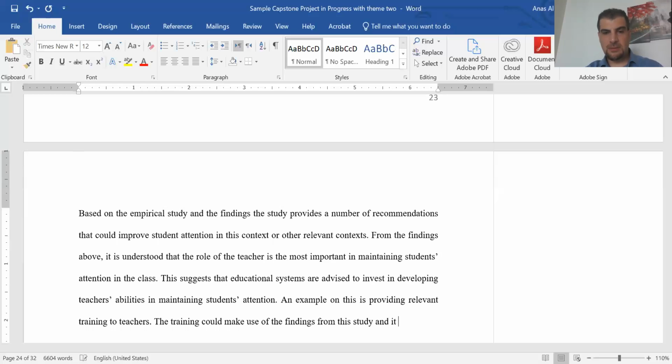And it should. You see now I can change the tone of writing. I can say "should," since I'm providing recommendations now. So it means I have more authority over what I'm suggesting in the paper now. So the training could make use of the findings from the study, and it should include